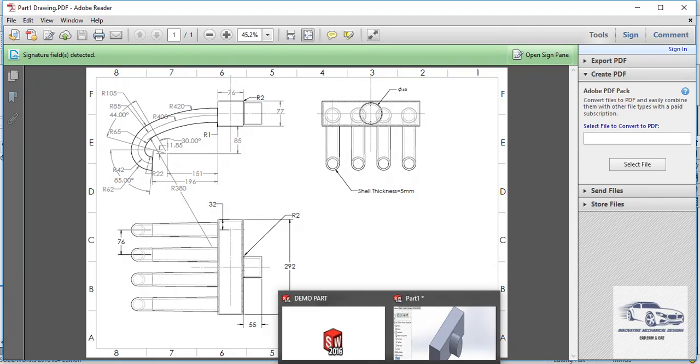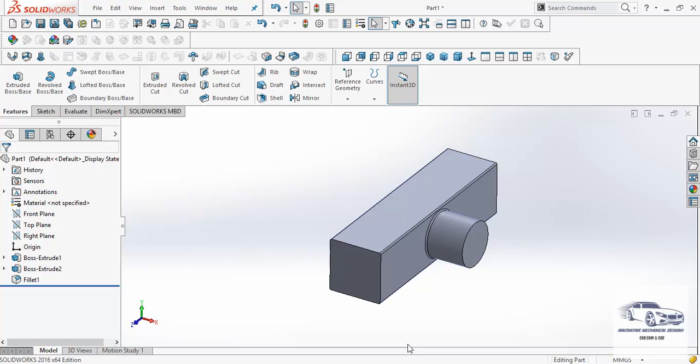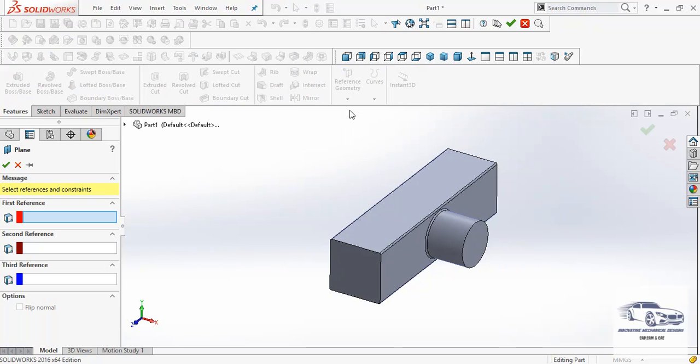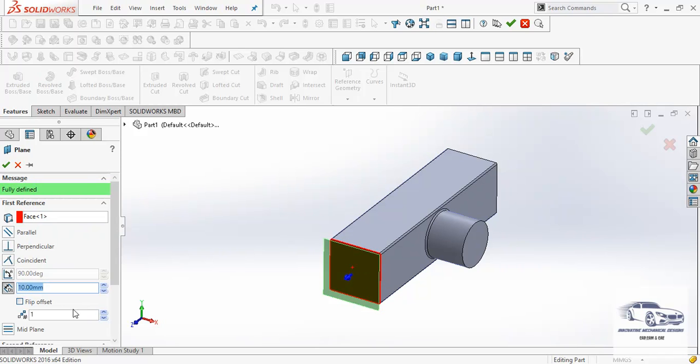So here, in order to create the sketches for the pipes, we have to create a plane either from this or the opposite face. So here I will go to plane, and then let us say I select this particular face.